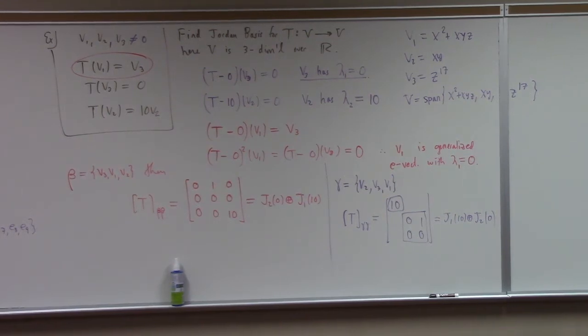Right, this is a theorem. If you want to know whether two matrices are similar or not, if they have the same real Jordan form, then they're similar. If they don't, they're not. I couldn't just tell you if two real matrices have the same Jordan form, they're similar. That wouldn't even make sense, because a given real matrix, for example, this one,